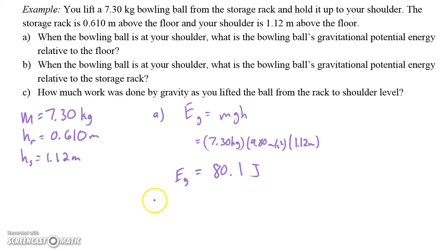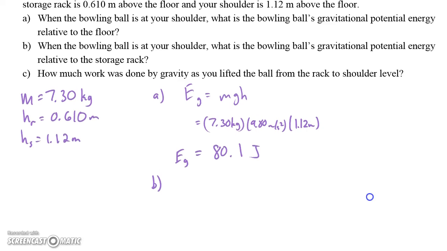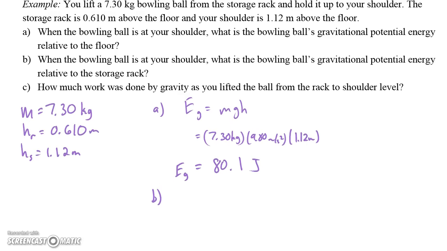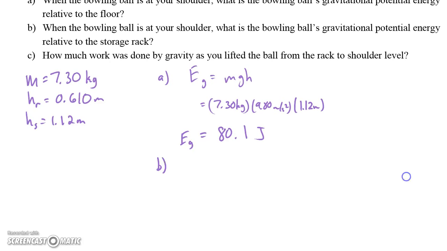Now let's do part B. When the bowling ball is at your shoulder, so okay, it's at the same spot, hasn't moved, what is the bowling ball's gravitational potential energy relative to the storage rack? So right now we only know the heights from the floor. First off, we need to know this height, and it's going to be the height of your shoulder minus the height of the storage rack, which will give us 0.51 meters. So 1.12 meters minus 0.610 meters gives us, to proper sig figs,